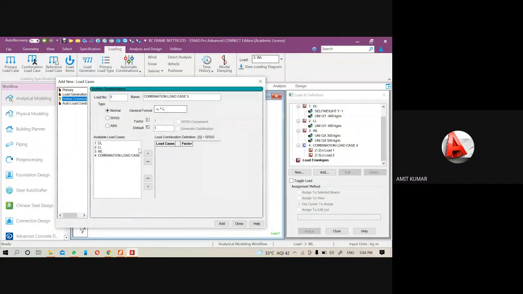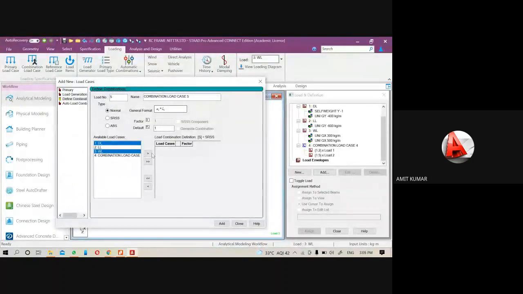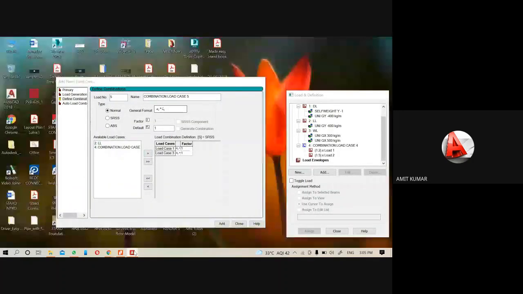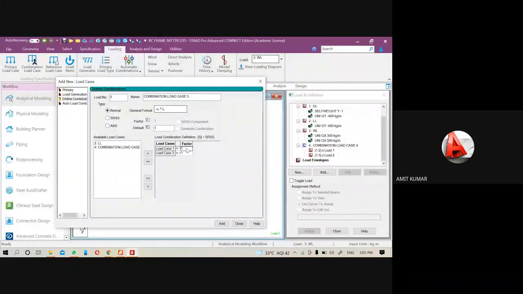Then the next combination was dead plus wind, and it was again 1.2 and 1.3.